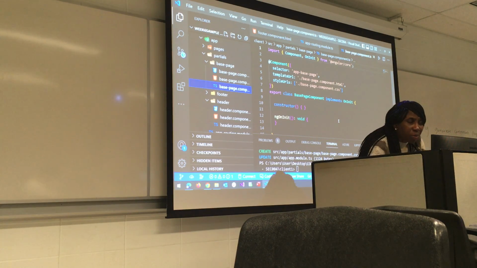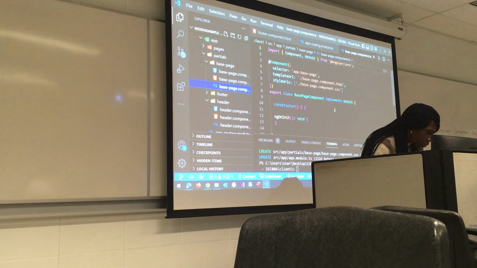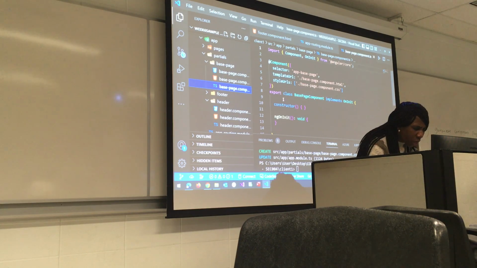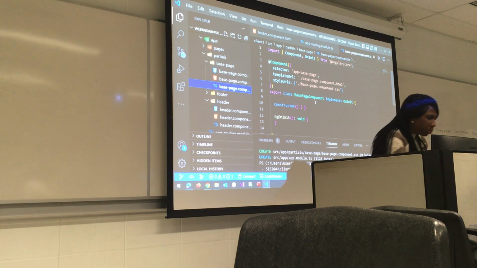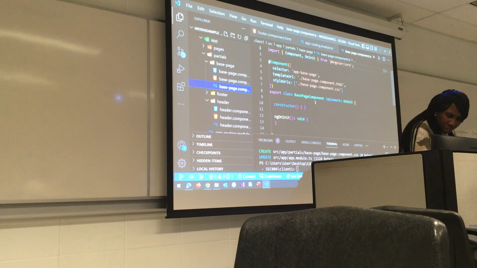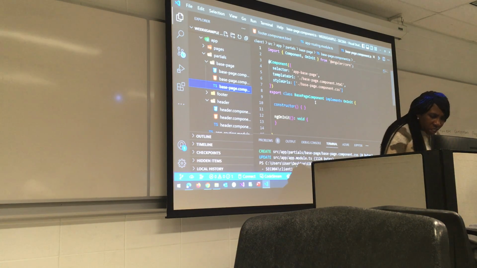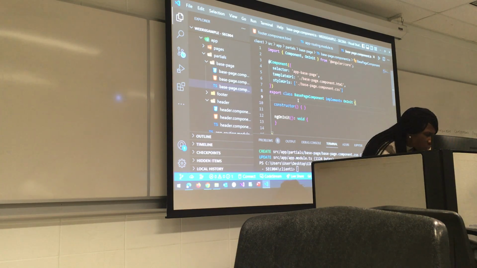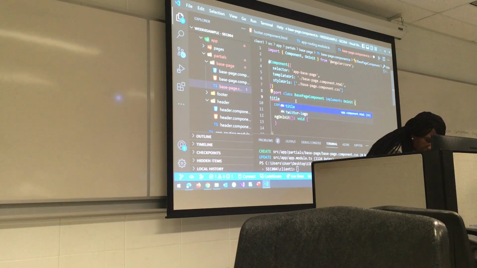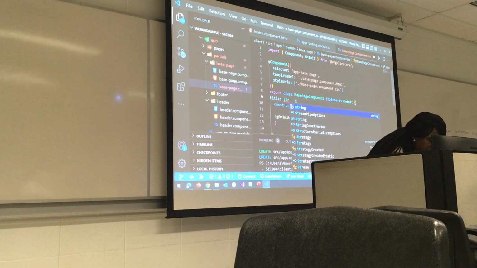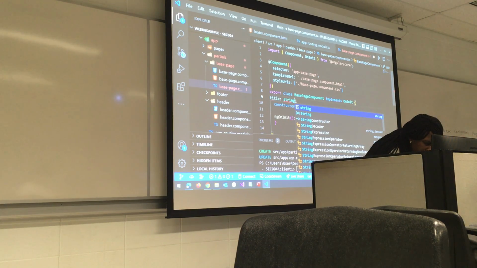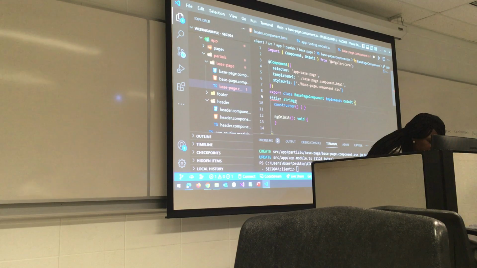Right. So we're going to create a property called title. Where you have the export class BasePageComponent implements OnInit, after that we'll add the title property and we'll set it to string, with a semicolon. We have an error, we will fix that.